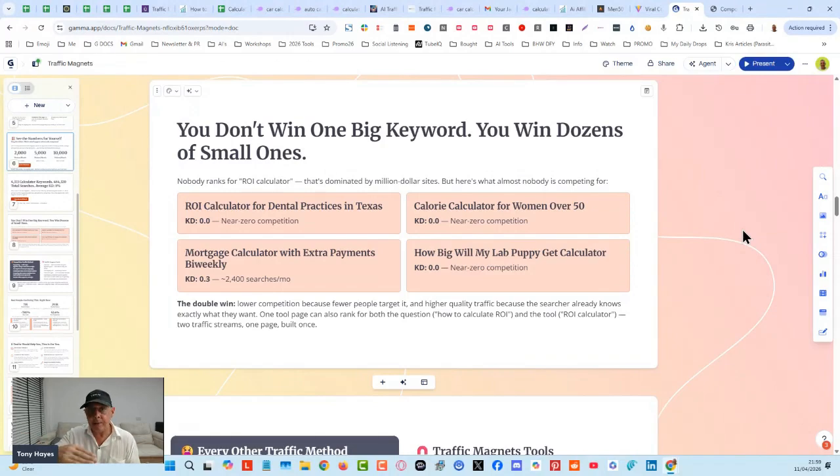You can get into the 4 figures and 5 figures per month, and use this as a business model, because we really are finding the keywords that people are searching for, building the tools, and putting the content onto the websites. If I wasn't talking during that demo, I could have done that in about 2 minutes, that tool onto the website. In fact, I was training my assistants how to do that tonight. They're going to build out lots of websites for me with these little tools, and they're just going to keep knocking them out.